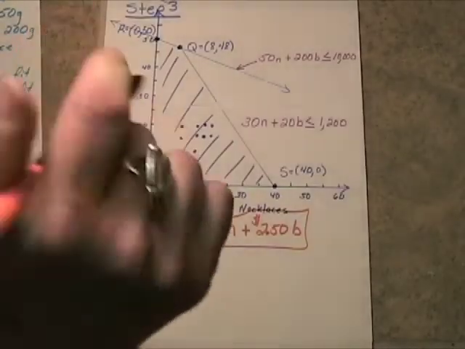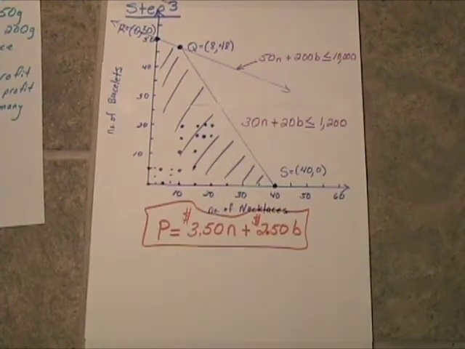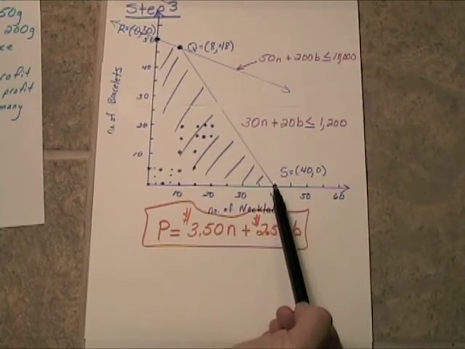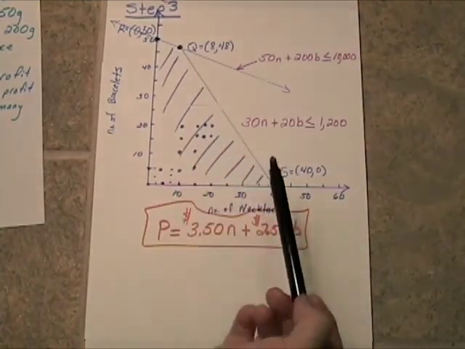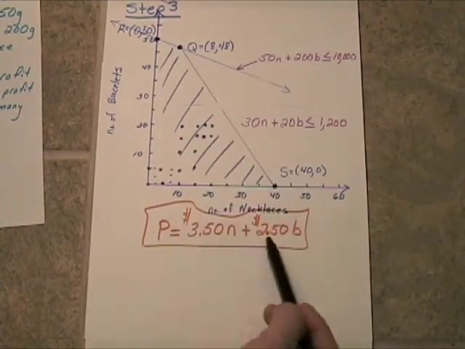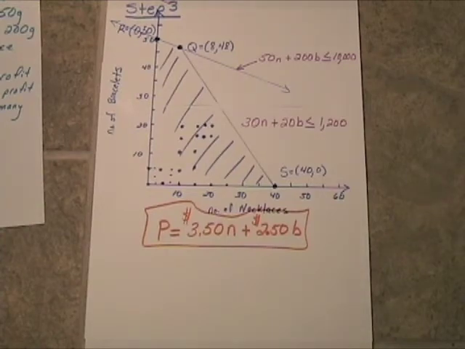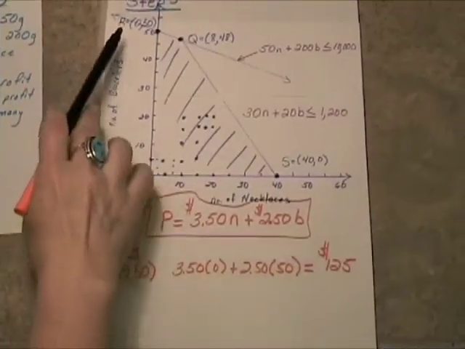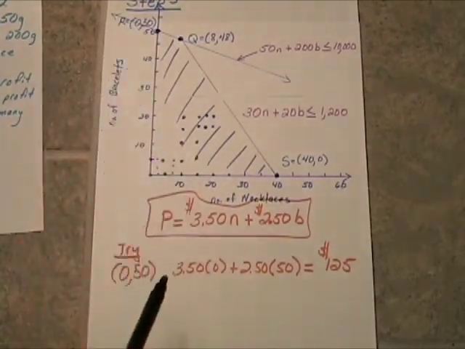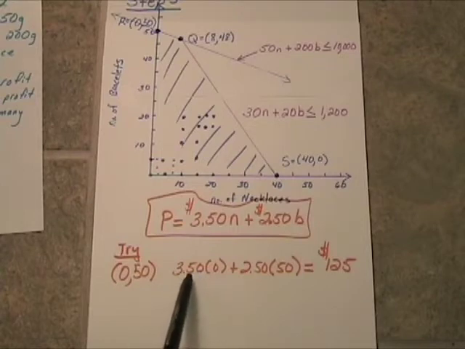But we know from the linear programming theorem that the only ones that are going to give us a maximum in this case are either this one, or this one. So we only have to check the vertices of the feasible region in this equation, and find out which vertex is going to maximize our profits. So let's do that. If we plug in vertex R at 0, 50, no necklaces but 50 bracelets, that would be,